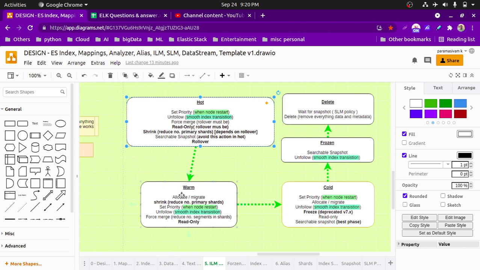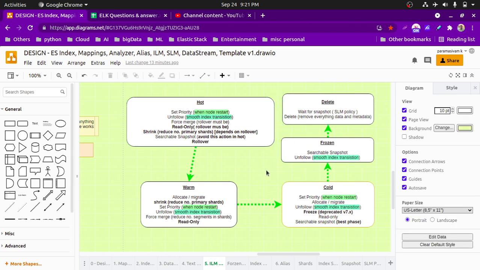Allocate and migrate are both the same. Allocate means which node and how the shards have to be allocated accordingly. So: set priority, allocate, migrate, unfollow. Freeze is deprecated, we don't need to worry about that. Read only, searchable snapshot. Wait for snapshot makes sure at least a snapshot is taken before the index is deleted. That's all. I have put almost 4 to 5 videos for these actions alone,